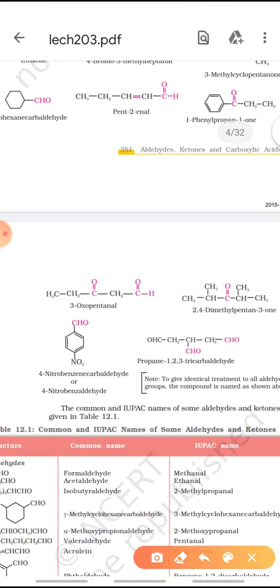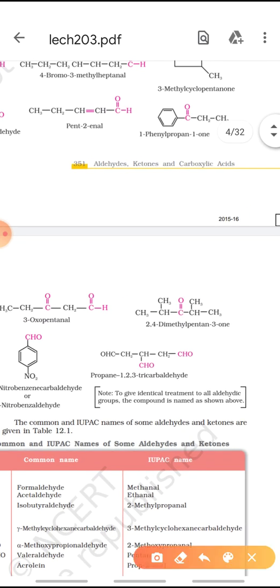Now children, if suppose aldehyde as well as ketonic group is present in the same compound, then the preference is given to the aldehyde because it is present at the corner. So the ketonic group will be written as a prefix in the form of oxo. The name for the compound will be 3-oxopentanal. Similarly, this compound contains a ketonic group. It will be a straight chain, 5 carbon chain, and on second and fourth carbon there are methyl groups. So the name will be written as 2,4-dimethylpentan-3-one.